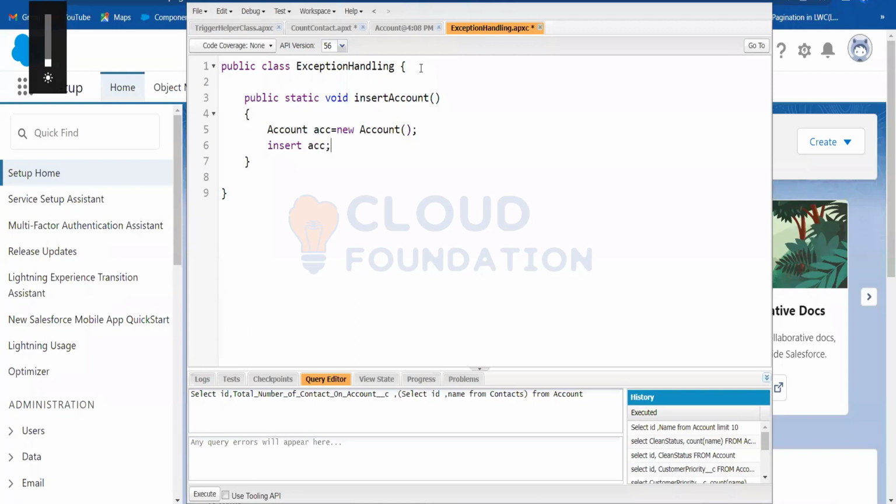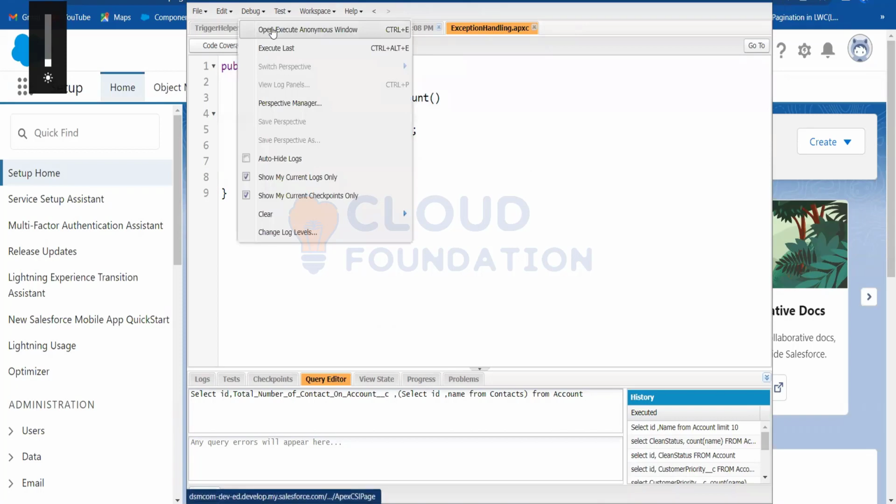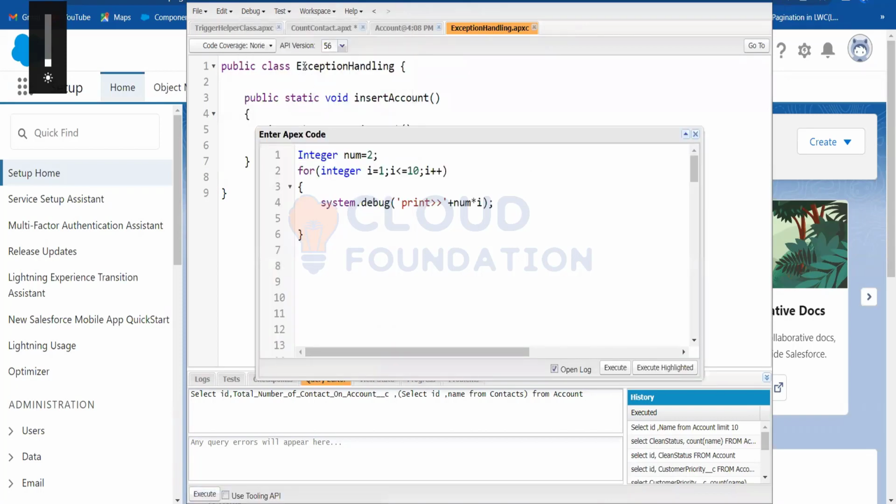See what this line of code is doing: I want to create an account and insert this account, right? But this code is saving also. It is not giving me an error that I'm missing or not adding a required field, nothing. So let me try to run this code,